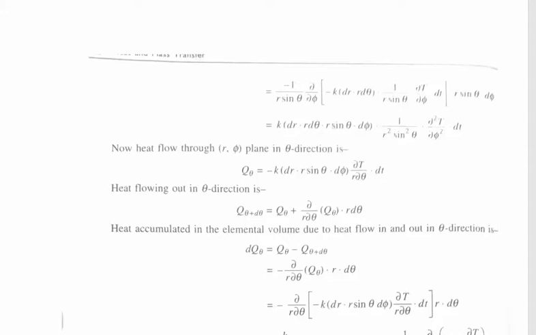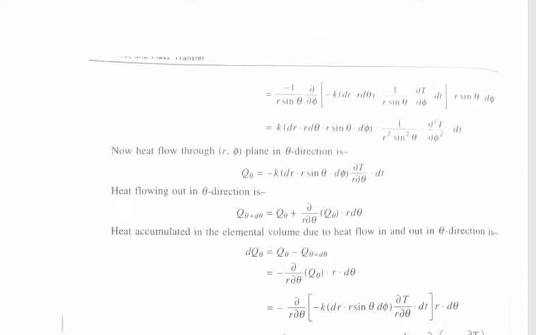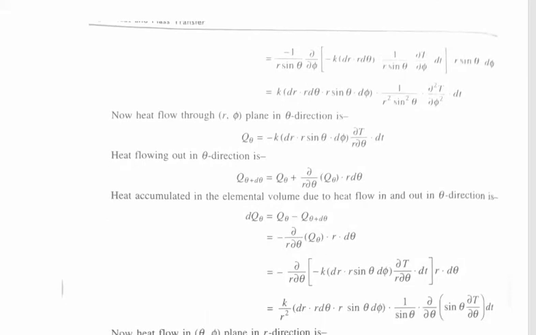Now put the value of q theta in this equation and we will get minus k into dr dot r sine theta d phi, the change of temperature with respect to r, ∂T/∂r, whole multiplied with the value of r dθ. By solving this equation, we will find out the resultant, that is